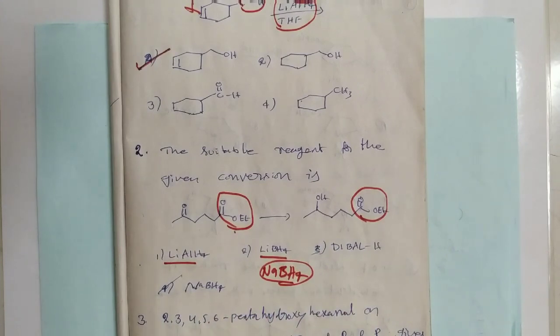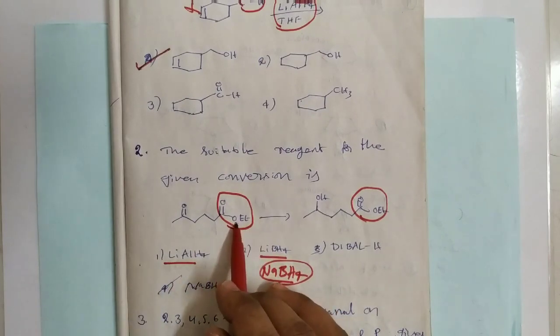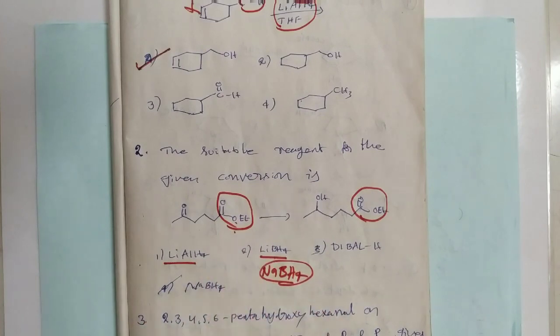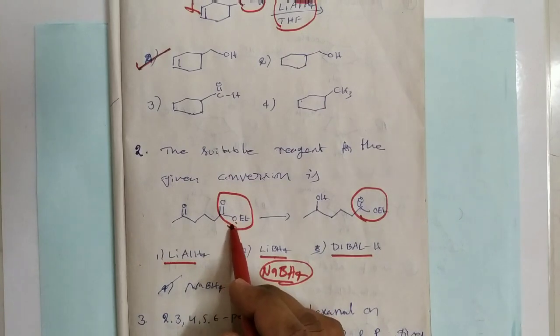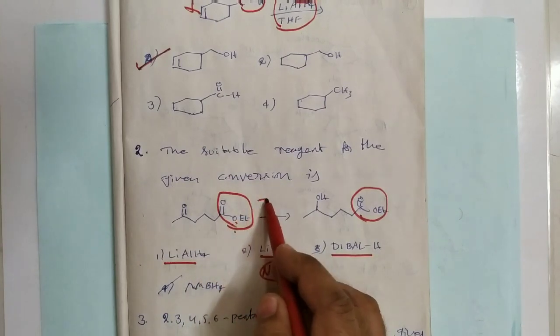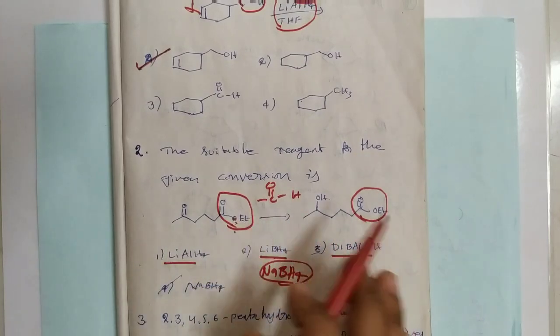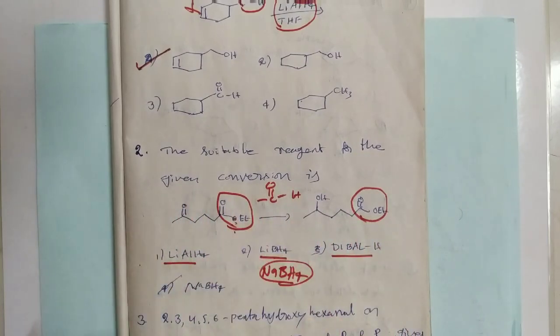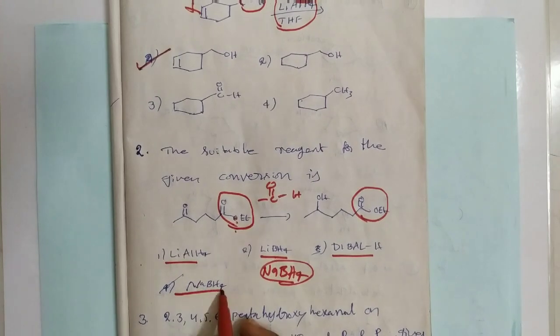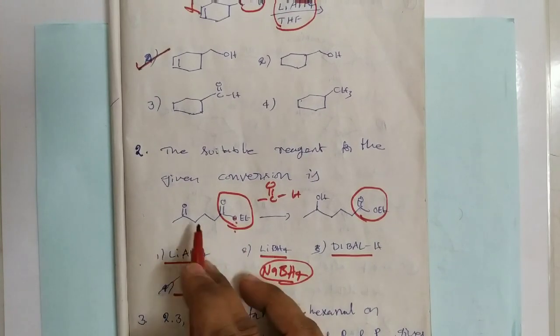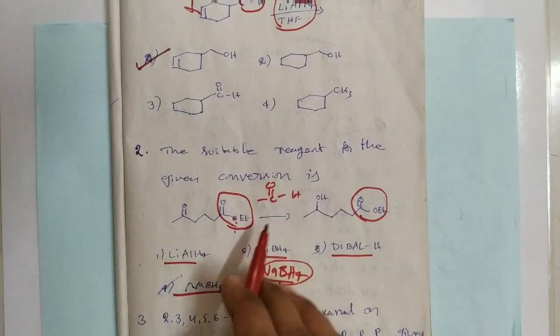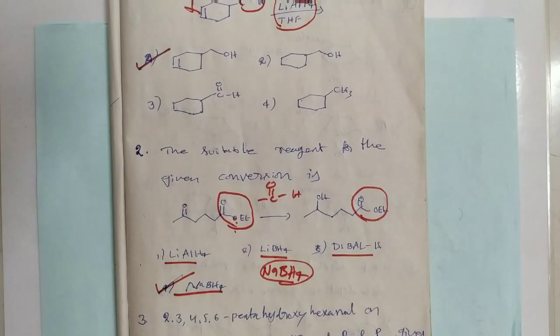But lithium borohydride is a little bit more reactive than sodium borohydride. So here the ester group is reduced by lithium borohydride. And by DIBAL-H, that ester group is reduced, but to aldehyde. But in this case, the ester group remains the same, not affected by any reagent. Sodium borohydride does not reduce the ester and reduces only the ketone.